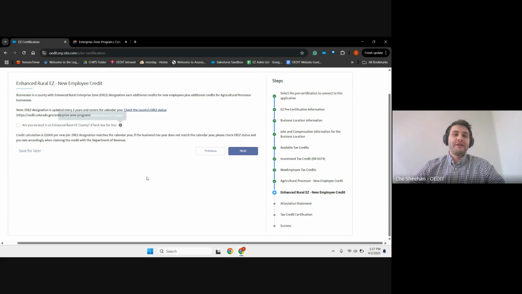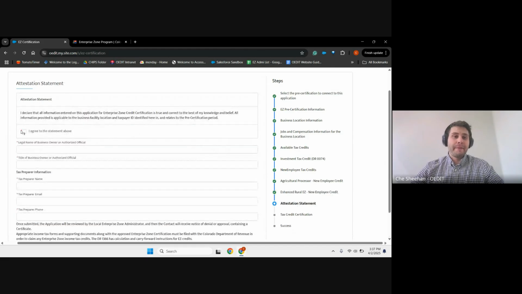To check the status of an enhanced rural enterprise zone, you can also refer to the oedit.colorado.gov/EZ page and check the county's EREZ, Enhanced Rural Enterprise Zone status. In this case, it was not as well.